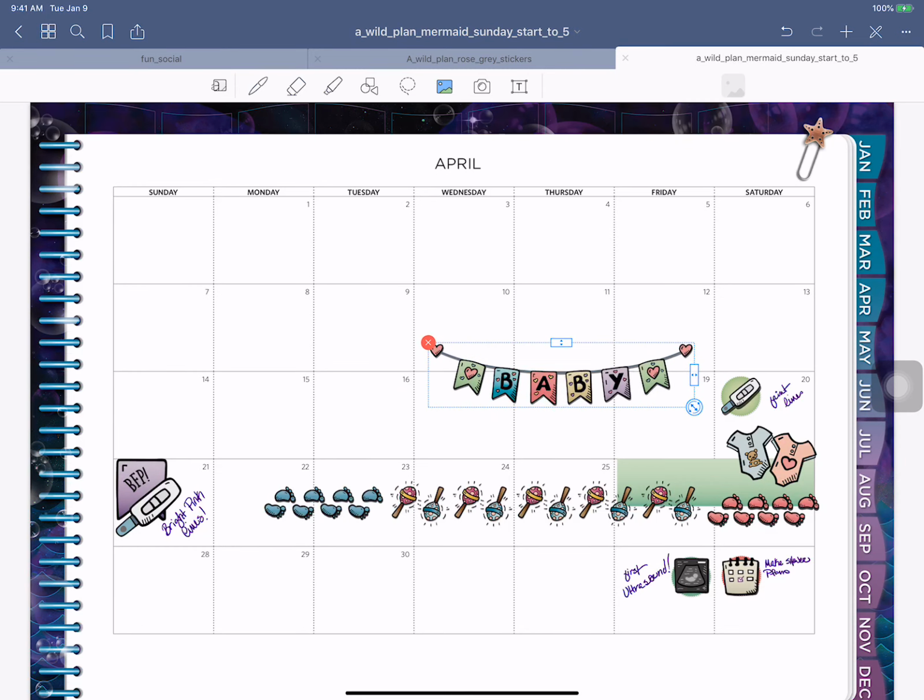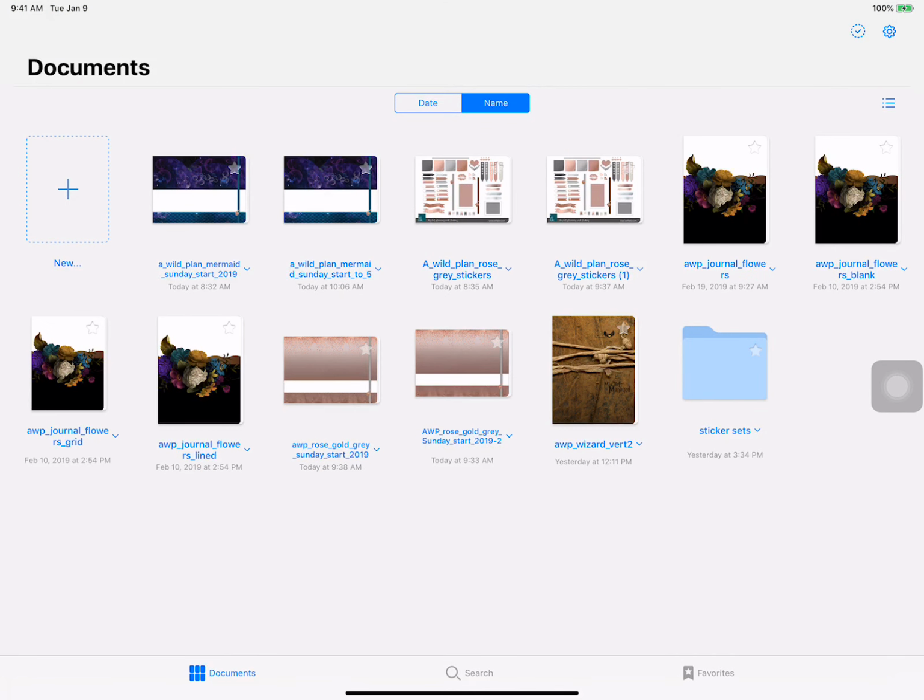So that is all there is to it when you're exporting from 4 and going into 5, and you can do that with your sticker pages and all that kind of great stuff. This is also why I save my sticker sets this way, because it's just that easy to go from GoodNotes 4 to 5. And I will show you the next thing that's up is going to be creating categories and